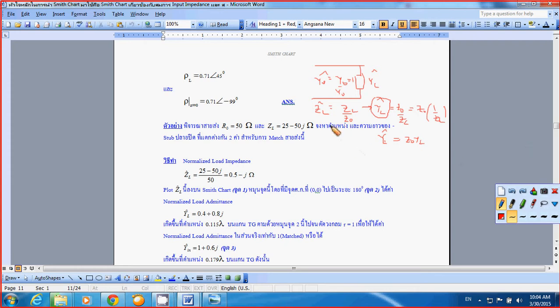So it's different than when you want to find the load impedance normalized, where you simply divide your ZL by Z0. Okay,